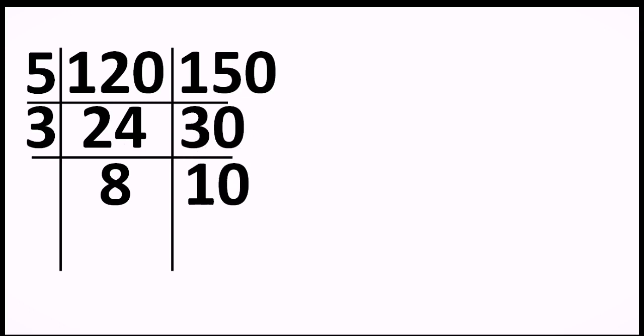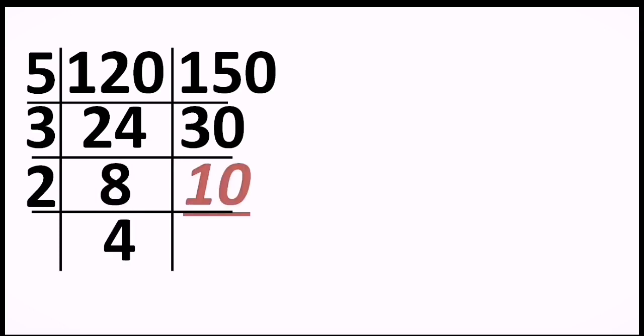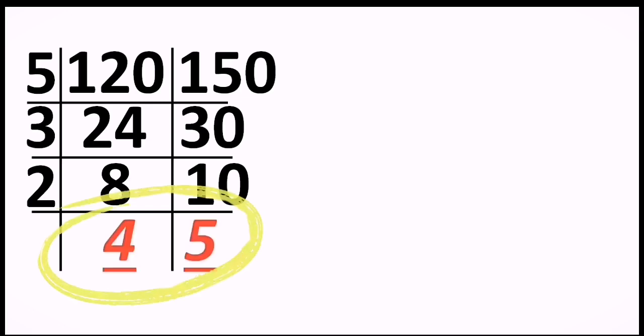Okay, so again we are left with two even numbers, 8 and 10, and that's why we are going to choose 2, right? When 8 is divided by 2, we get the answer 4, and when 10 is divided by 2, we get the answer 5, right? Now we are at the point where the numbers in the bottom layer, that is 4 and 5, are not divisible by any other number, right?